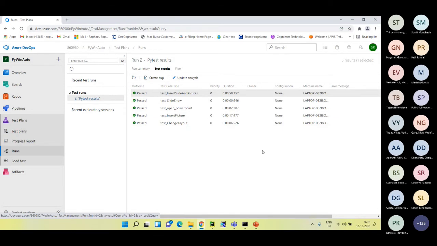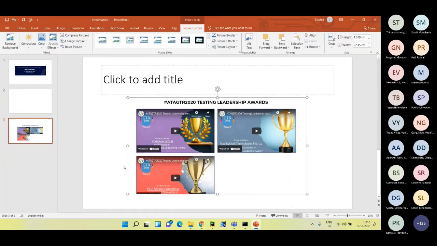Normal way, like in the initial way that I had shown it to you guys, even if you have it in the repo, it won't be able to show this result. So that is the reason we converted the entire thing into a PyTest framework, so that it can be read by the Azure pipeline and the result could be shown like this.